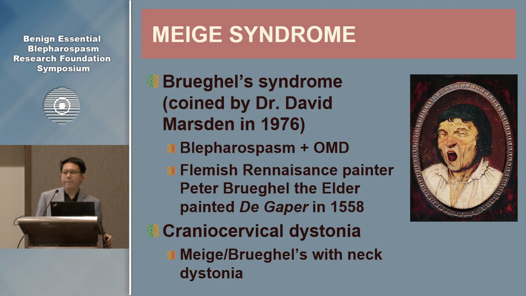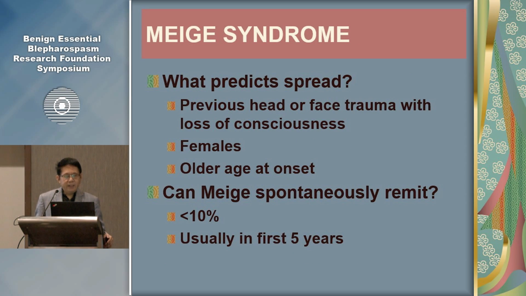Okay, so what about spread to below the jaw, which means the neck? Can patients have a spread from the eyelids to the midface, to the lower face, to the jaw, and eventually to the neck? The answer is yes, although this is less common. We refer to this as Craniocervical Dystonia. I'd say I see this, again, more commonly in patients with tardive syndromes or tardive dystonia rather than idiopathic dystonia. And then given that there's a 50% or more chance of spread,